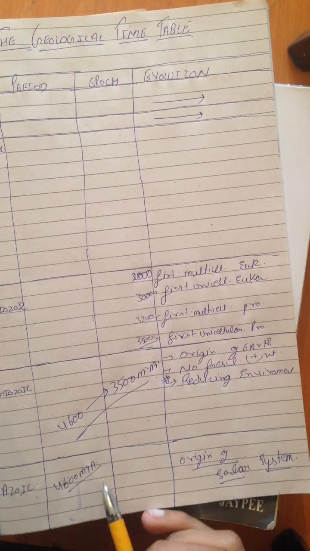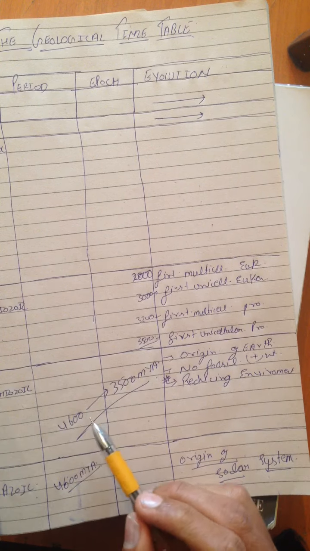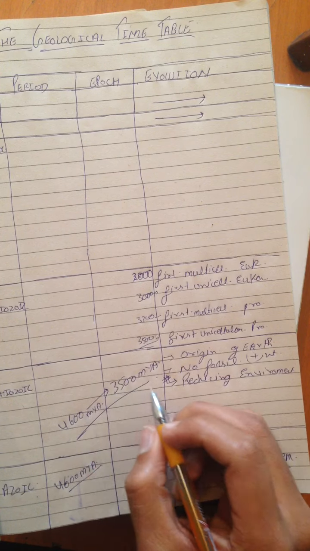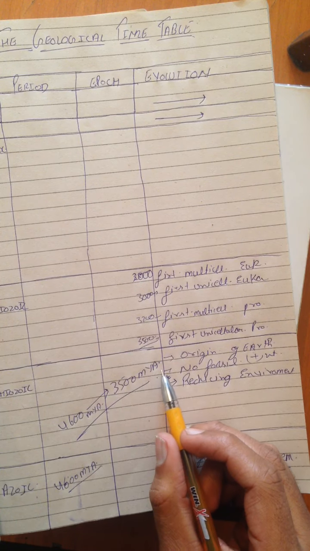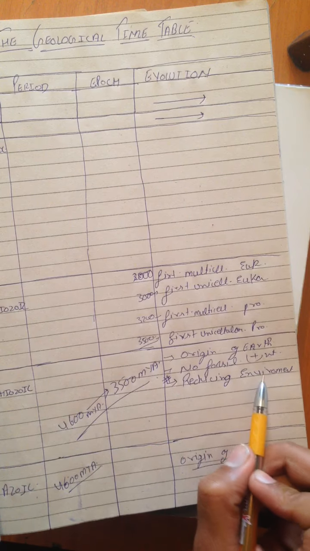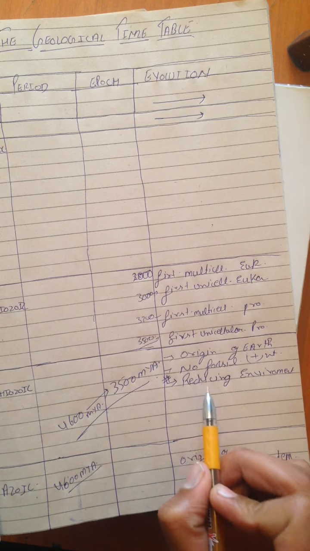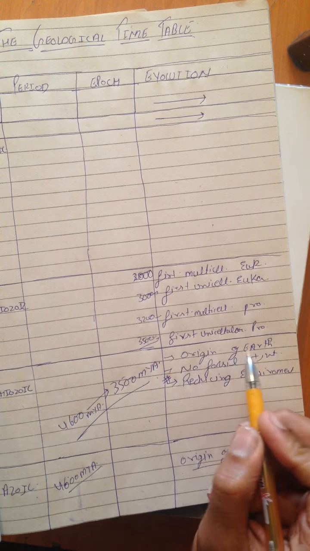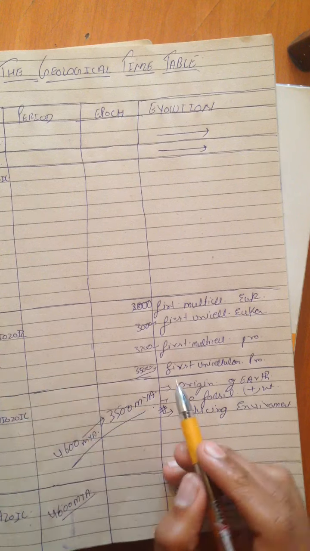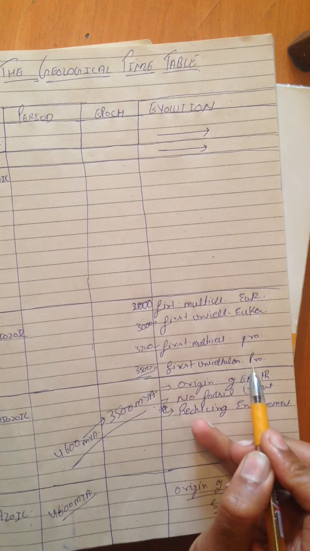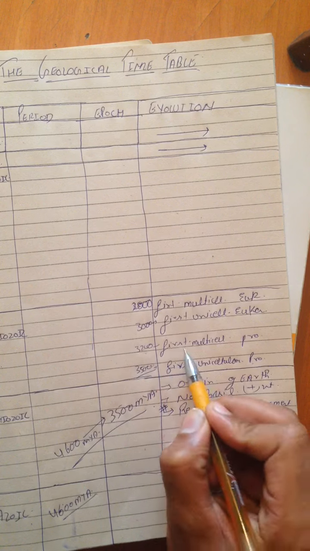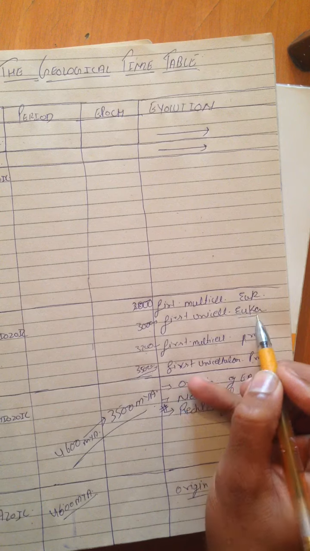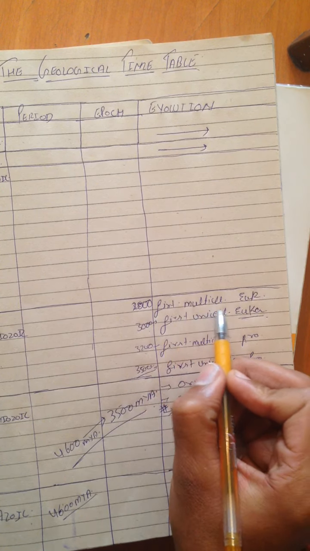In the Azoic era it is the origin of the solar system. In the Archaeozoic era, which occurs from 4600 Maya to 3500 Maya, million years ago, that reducing environment is the most important point we have to remember, with no fossil present and the origin of Earth. In the Proterozoic era, at 3500 Maya, first unicellular prokaryote. At 3200 Maya, first multicellular prokaryote. At 3000 Maya, first unicellular eukaryote. At 2000, first multicellular eukaryote.